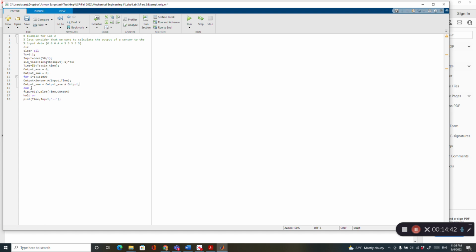And then at the end, the average one is going to be what? It's going to be output sum divided by 1000. So in that case, you're going to have output sum, then you're going to put output sum here,